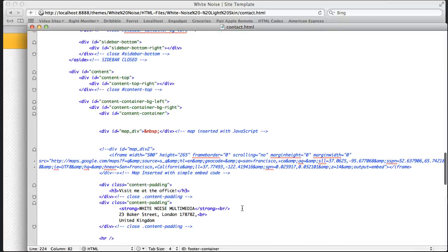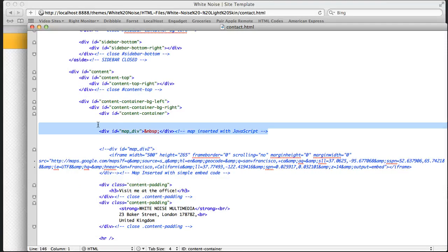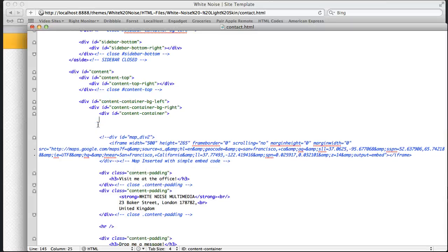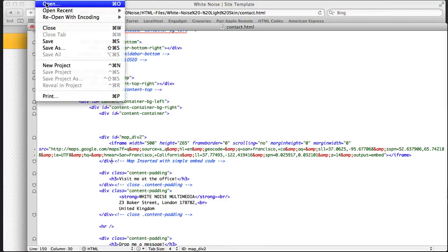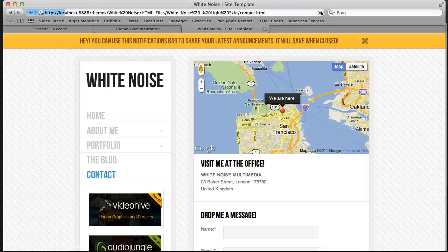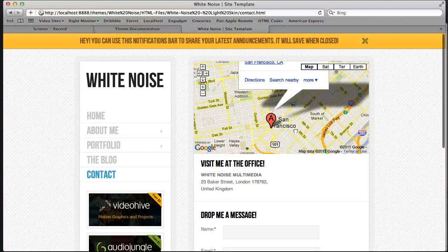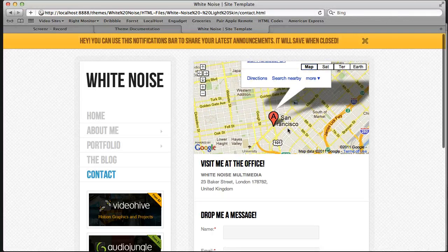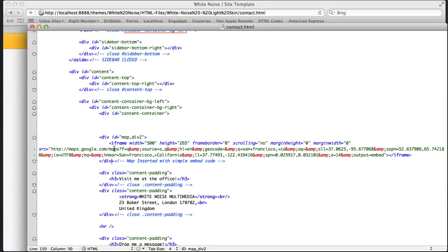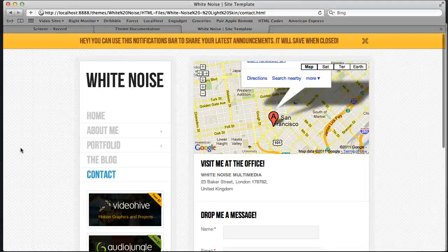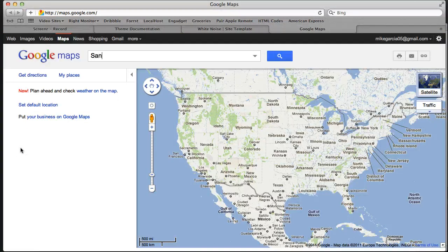And in the documentation, if anybody has trouble with this one because it's JavaScript, you can just exit out of that JavaScript map and then use this regular embedded map. You can just uncomment that. Here, we'll save it and view it. This regular map just uses the normal pinpoint and a whole bunch of iframe embed code. And if we go back to maps.google.com in San Francisco,